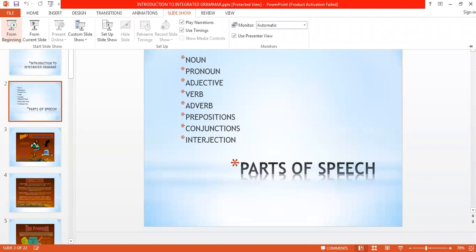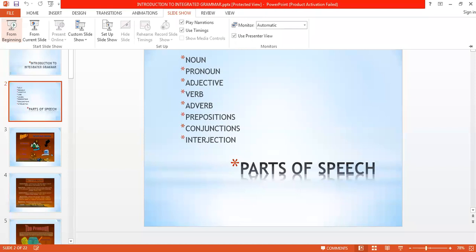Like if we have a building, building can be any building. But if we give a particular name to that building, like St. Francis Bird School, so we have given the name St. Francis Bird School to our school building. Now it becomes the proper name for that building. Building is the common noun and St. Francis Bird School is the proper noun. So common nouns are general names that are given to a category or a general thing, person, or place.